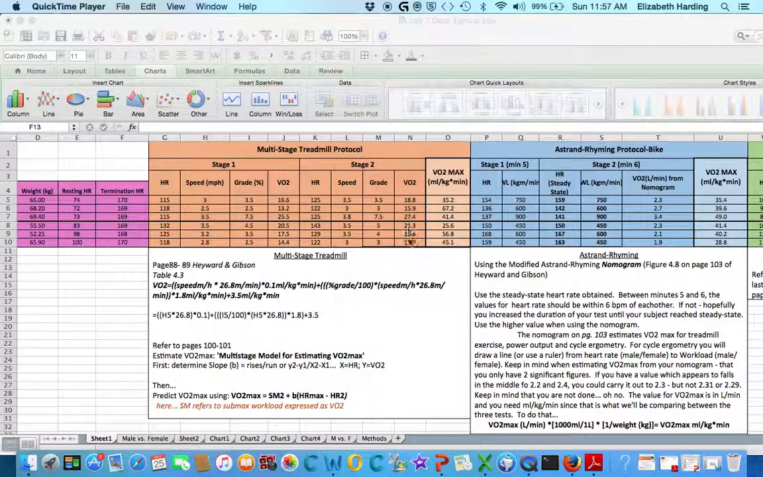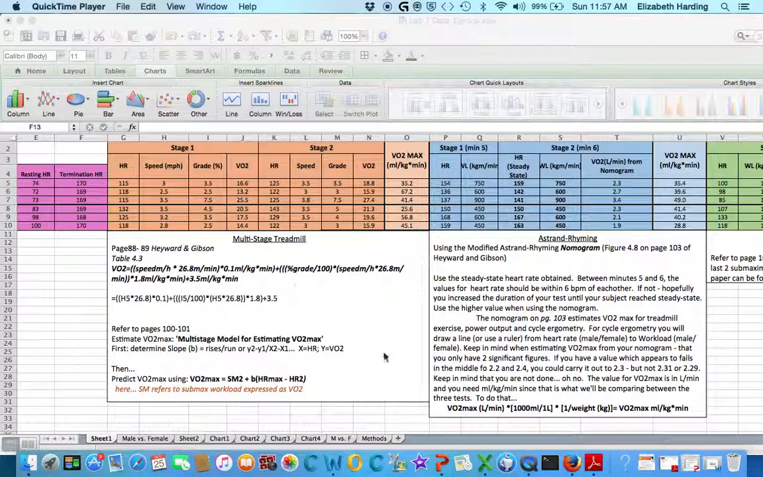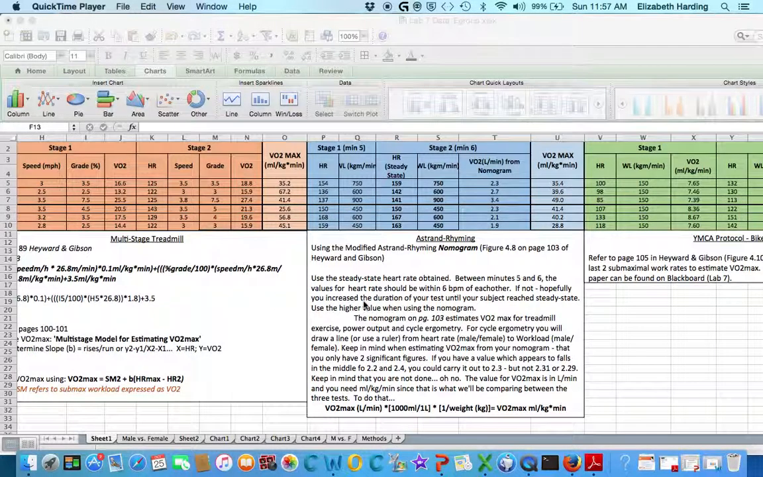in which I've calculated VO2 using the equation that you can find on table 4.3, pages 88 through 89 in your Hayward and Gibson textbook. I think the page numbers are a bit off on your assignment, so please refer to these page numbers just to avoid frustration. So it'll walk you through the equation and how to appropriately go about finding or estimating VO2 max during your multi-stage treadmill. The Astrand Rhyming, you're going to use the nomogram found on figure 4.8 on page